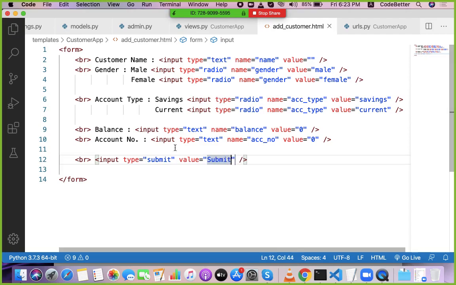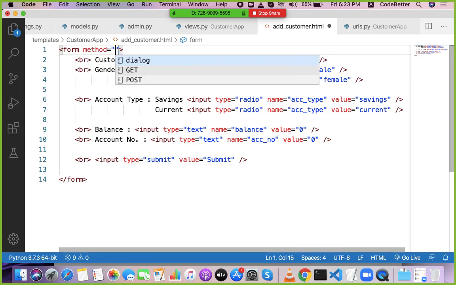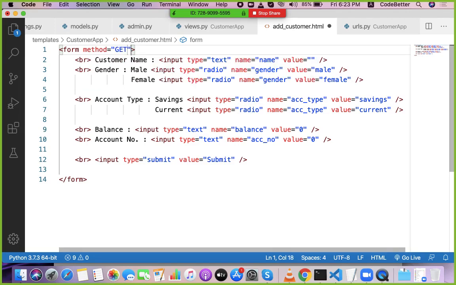Now this form can be submitted to server using either HTTP GET request or HTTP POST request. So let us use the POST request so that the data is not visible on the URL. So we use here method equal to POST, and this data can be submitted to the same URL add customer or maybe to different URL.